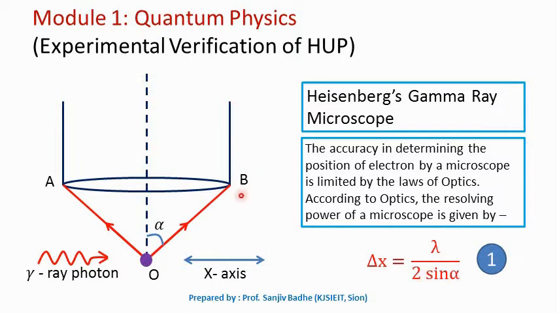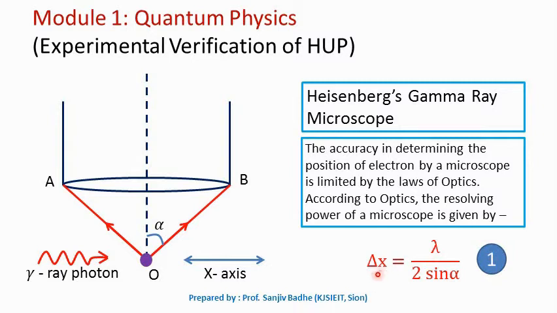Remember, we are trying to reduce the uncertainties by using ideal equipment, but even though the equipment is ideal, it will have a resolving power according to the laws of optics. So this resolving power is the minimum distance that can be resolved by this microscope. So we are not violating any law in physics. Even though we are using an ideal microscope, this delta x will be the uncertainty in the determination of the position of the electron, because this is the smallest distance that can be resolved. If the distance is less than this delta x, it will not be noted by this gamma ray microscope.